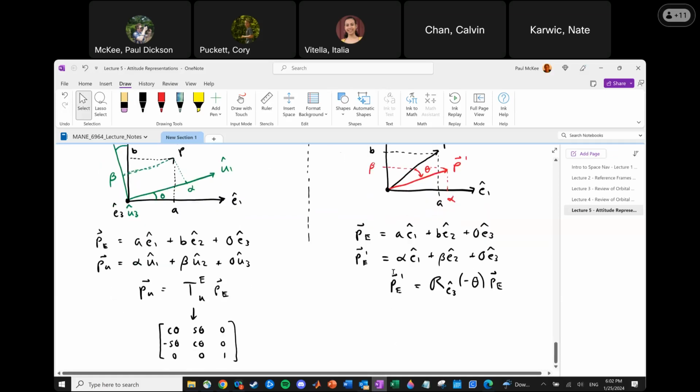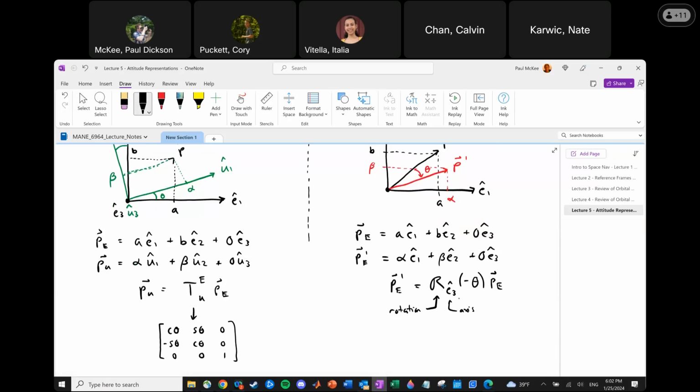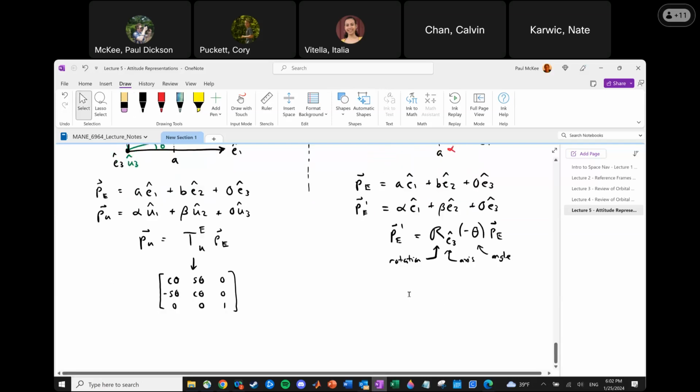So the big R, which we're pretty much only going to see in this lecture because this is not coming up again. Rotation about E3, so that's the axis. So just to make this clear here: rotation, axis, angle. But clearly we can see that the rotation matrix that maps from P to P prime has to be